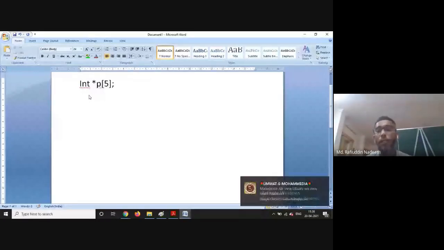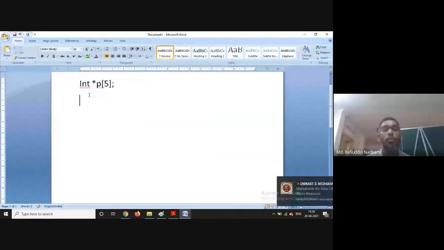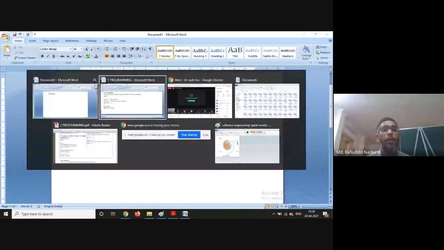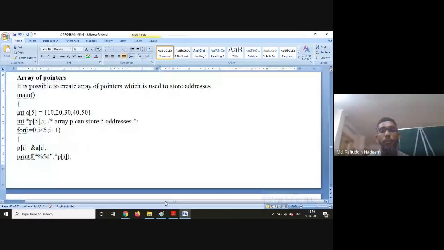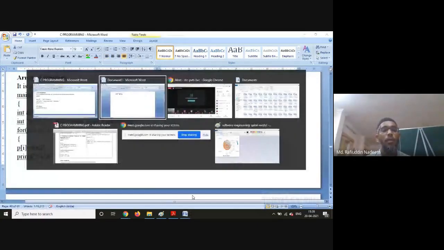So this is an array of pointers, used for storing 5 addresses.